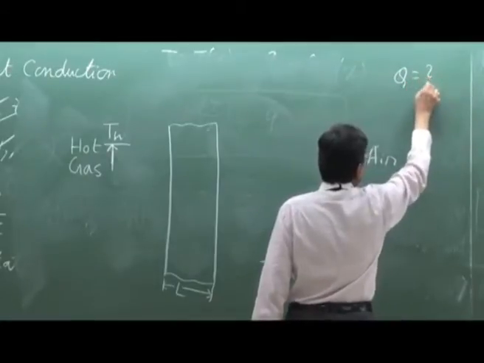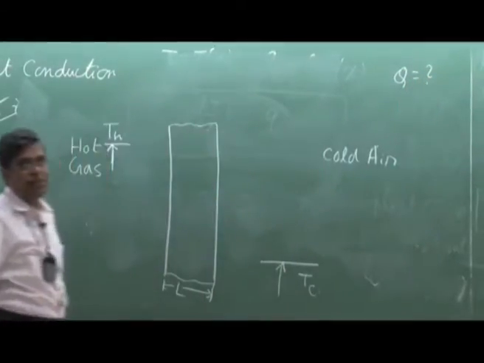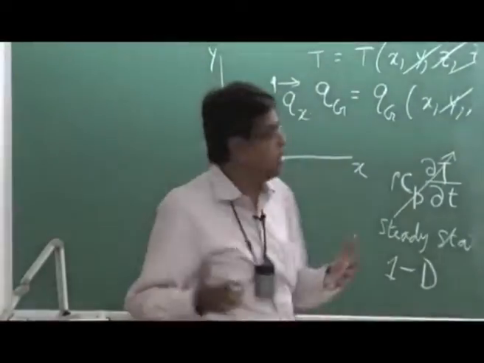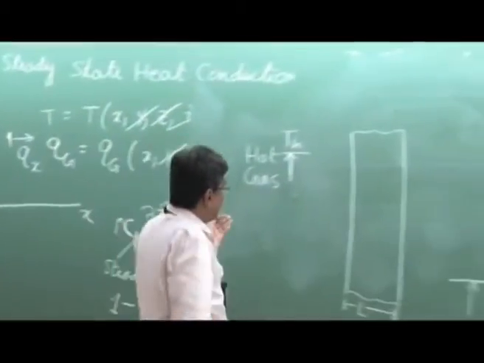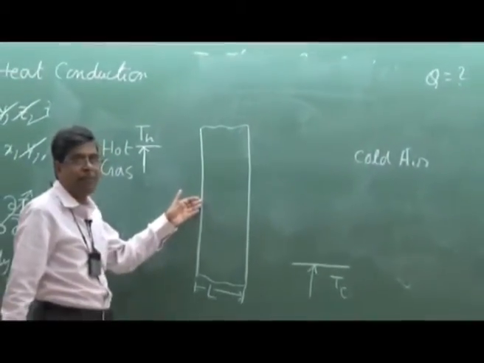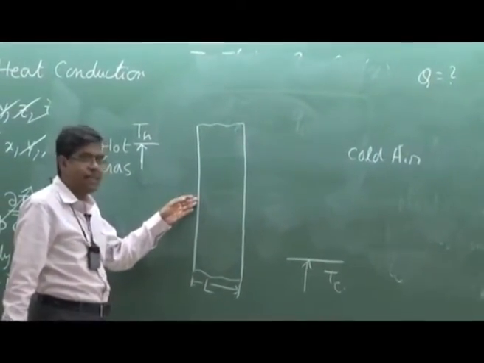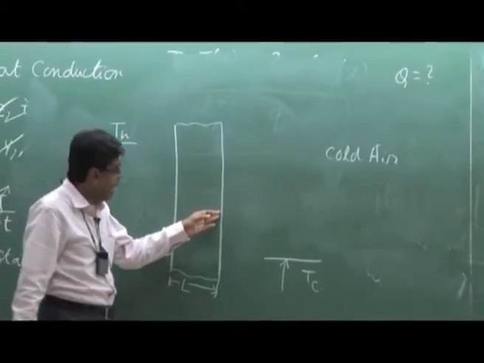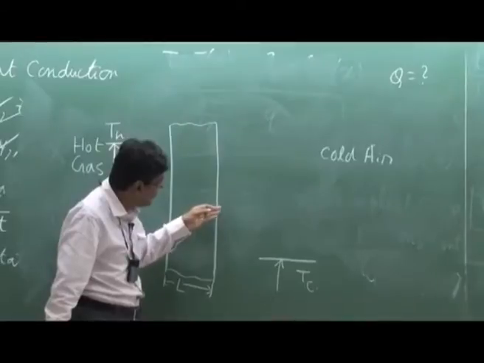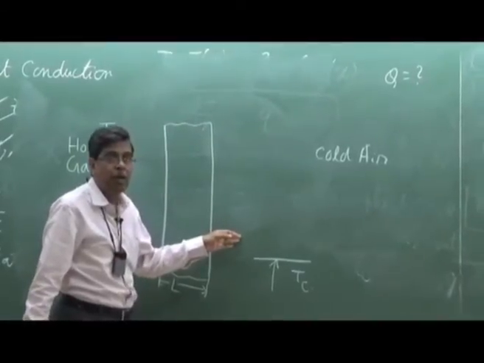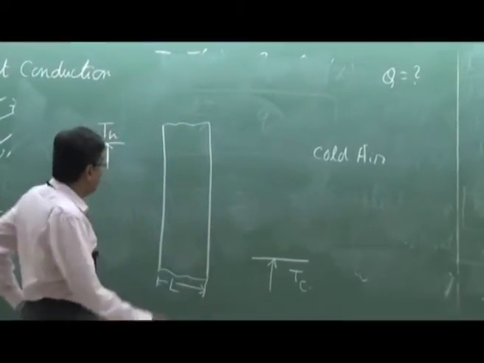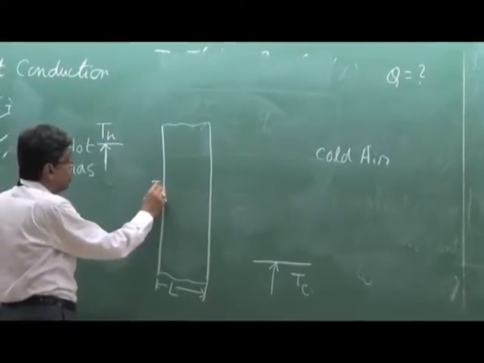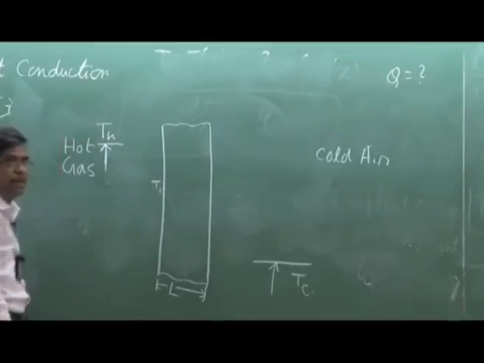What is the value of Q? So in this case, what happens? If the problem is at steady state, that means the heat which comes by convection to this surface from the hot gas is the same one that is conducted through this solid and again is convected from this surface to the cold gas. And in this case, we assume that T1, which is not known, T1 is the temperature at